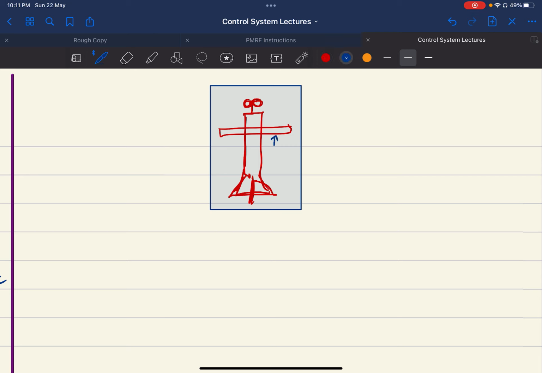So here the ailerons are there, here the elevators are there, and here the rudder is there, and this is the propeller. So what happens is my control input I can specify as the change in the propeller,